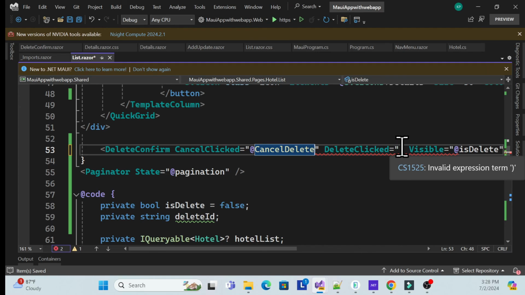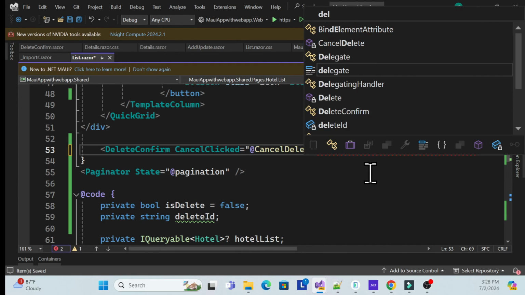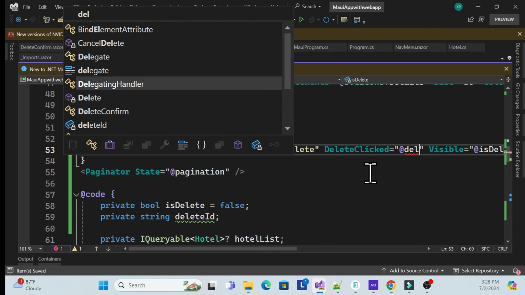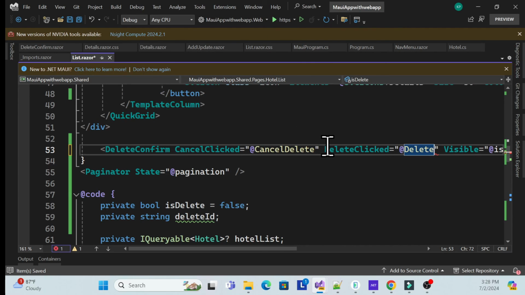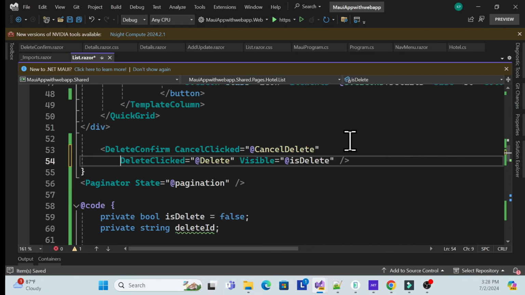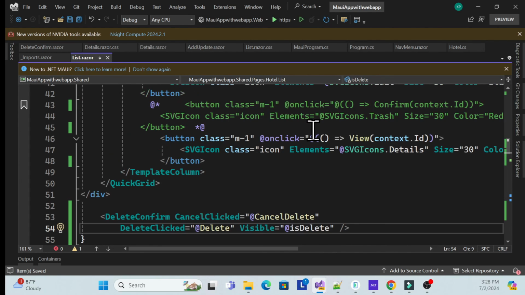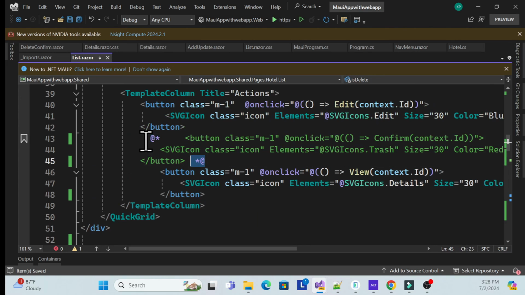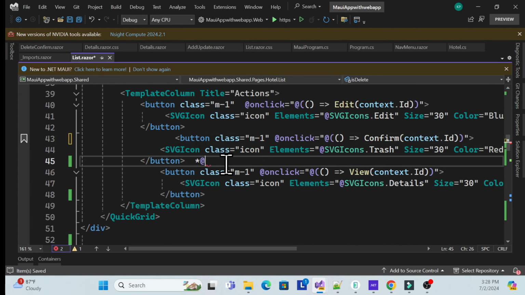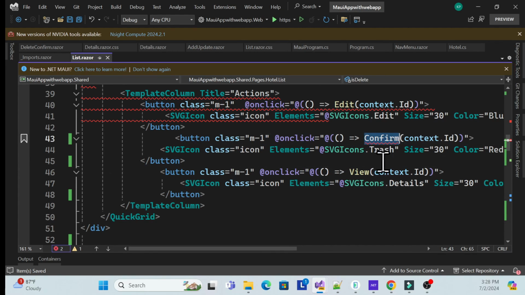And then another one is the delete one, right? So let me quickly delete. So these two events we just have to implement over here, and once it's done, now let me uncomment this actually. So let me remove this. Once you remove it, see, it is complaining because I have to create